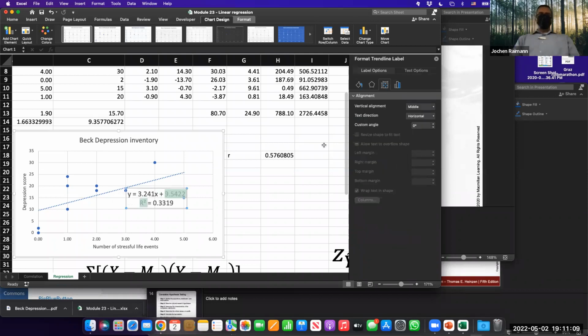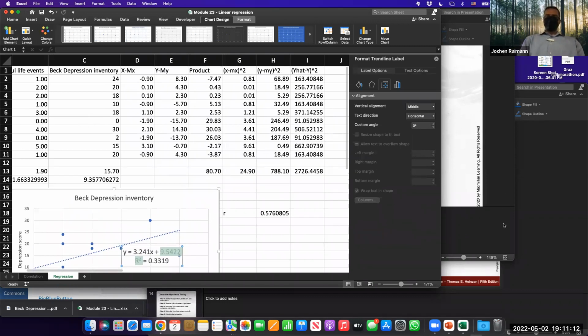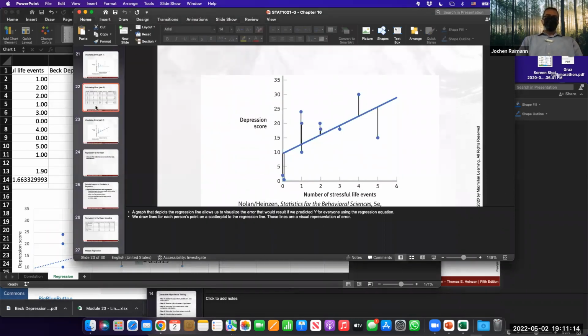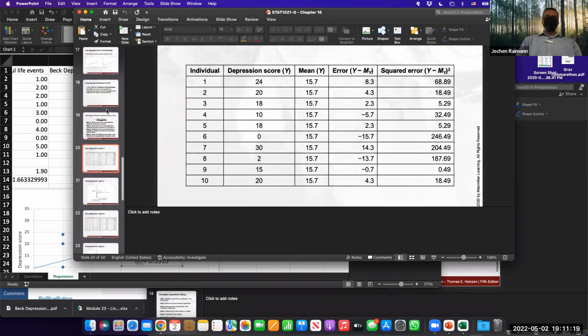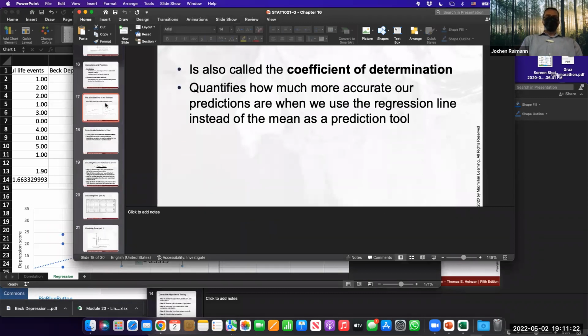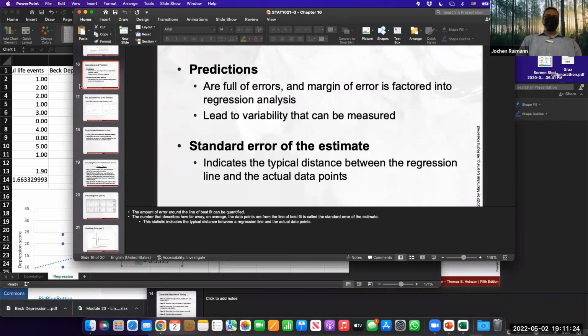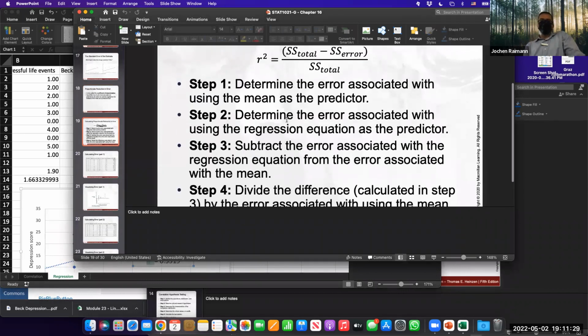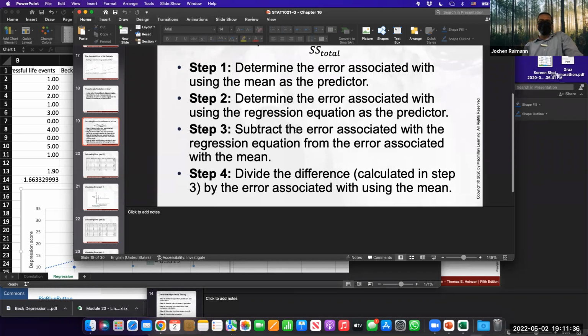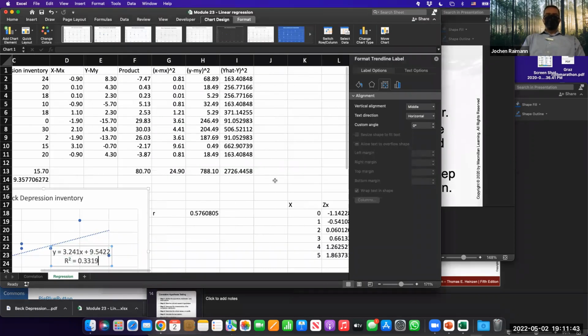So essentially, we have a sum of squares total divided by our sum of squares. We determine an error associated with using the mean as a predictor. We determine the error associated with the regression equation as the predictor. We subtract the error associated with the regression equation from the error associated with the mean. So we're doing now a calculation of,